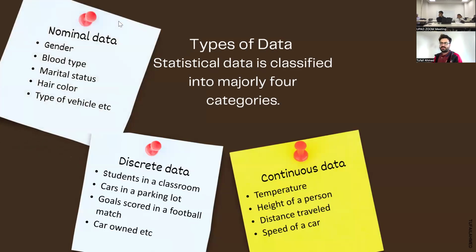The next one we call nominal data. So, Phil, I just wanted to clarify one thing here, between discrete data and continuous data. For example, the number of goals scored in a football match. Either it's 1, 2, 0, 3, 4. It could not be 3.5 or 3.2, right? Discrete data means you cannot go into decimals. For example, the number of students sitting in the classroom, we cannot say 7.5, either it's 7 or 8. But in terms of temperature, it could be 43.2 degrees or 41.2. So it could go into decimals. This is the difference between discrete data and continuous data.